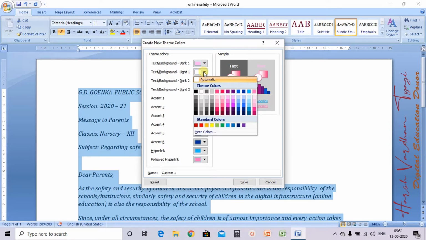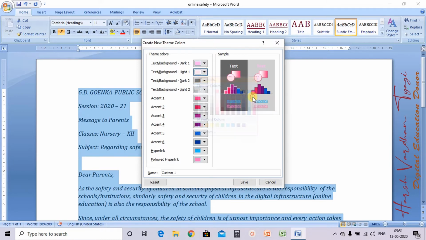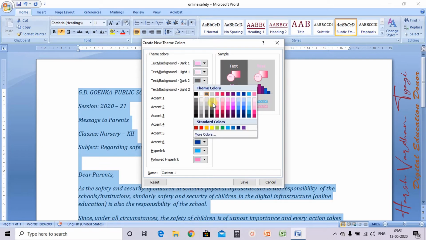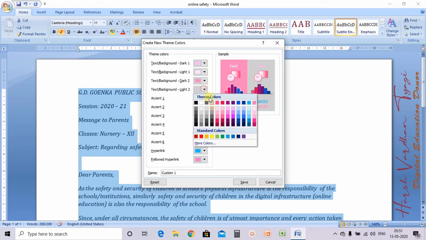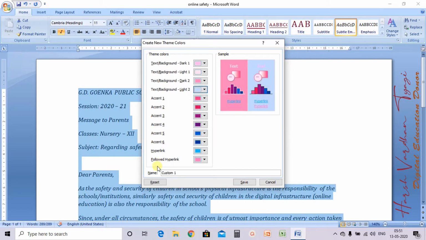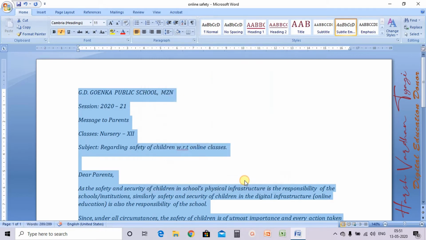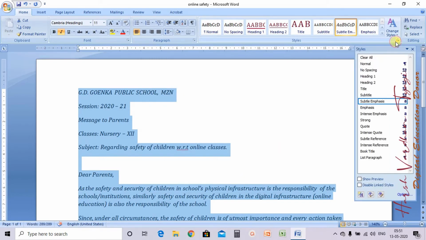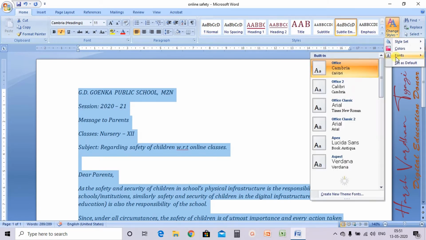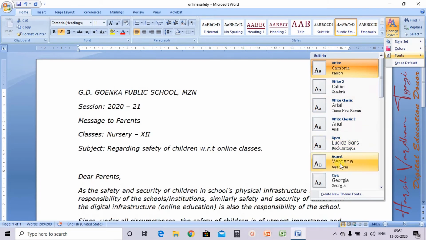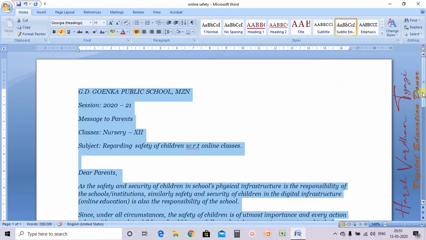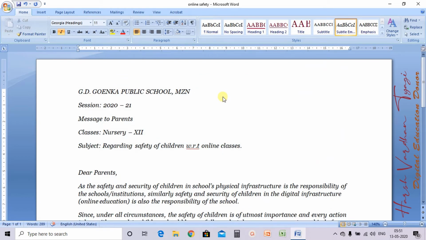Text background: Light, Dark, Light 2, then Accent, and save. Okay, then Fonts: you can choose from here whatever font you want.